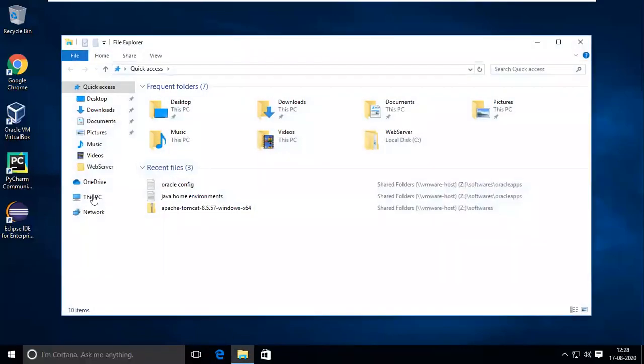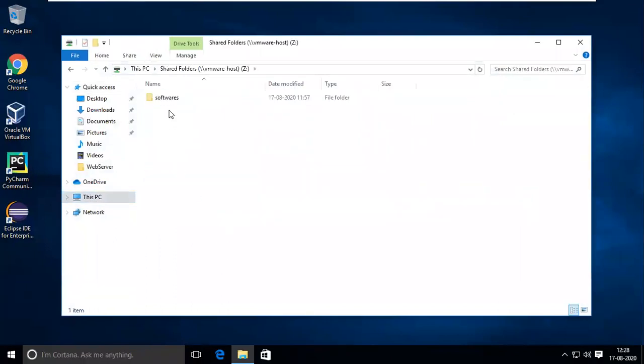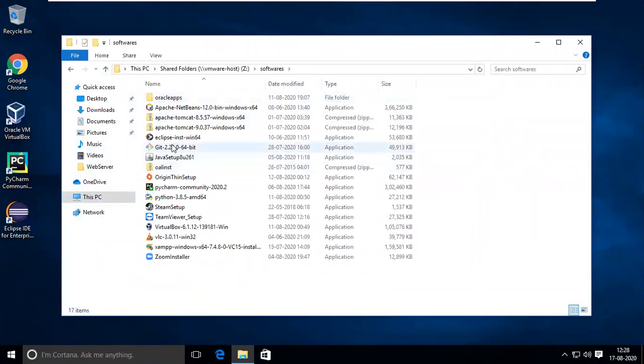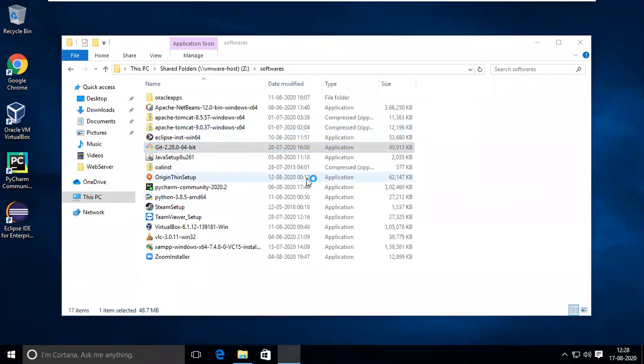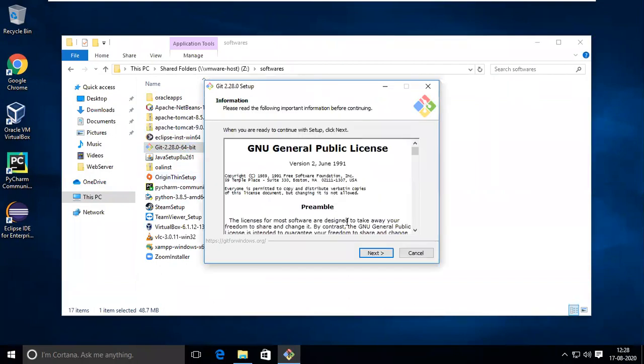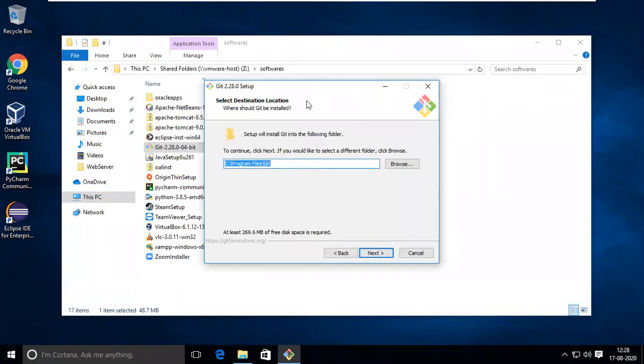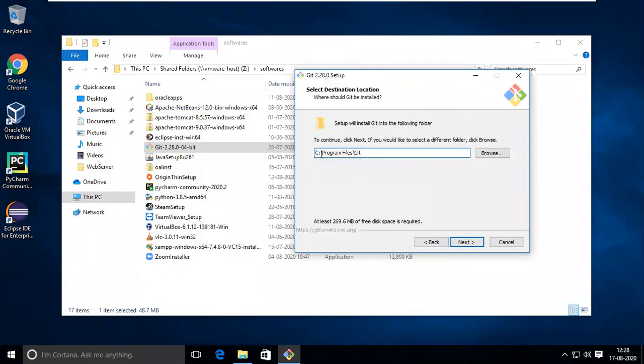So the first thing is we should install Git, right? So this is the GitHub. For working with Git, we don't require Java first of all, but it is better to install Java first, so then you can do it whenever you do the next practicals. So here my Git is going to be in C, Program Files, Git. So I'm going to that one only.